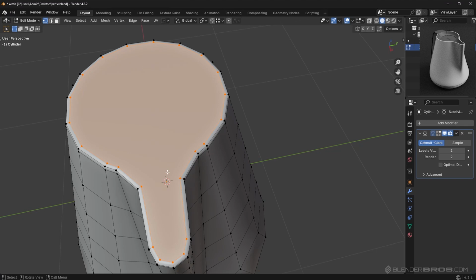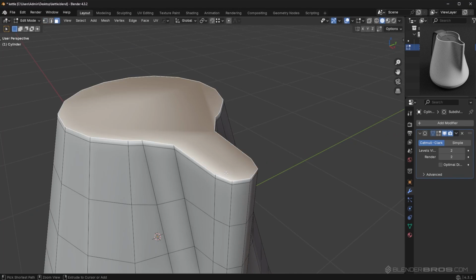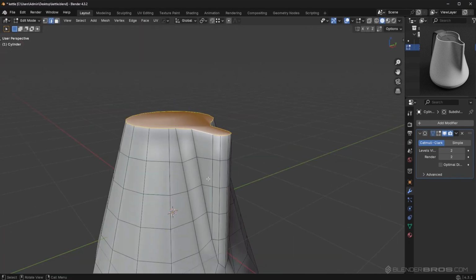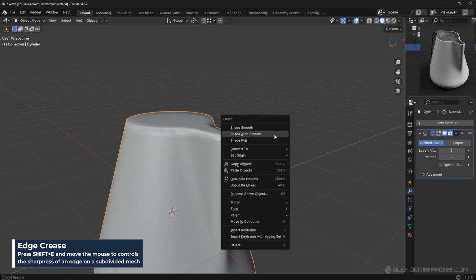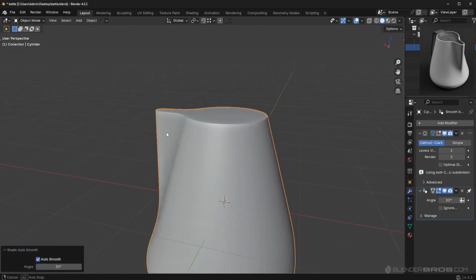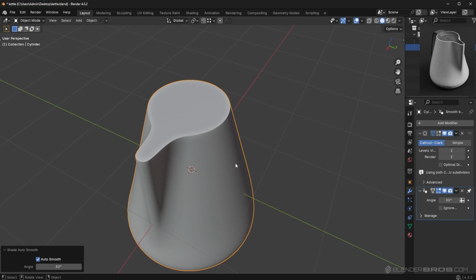I think the best approach here is to start using some Booleans for this area. As a matter of fact, instead of using the loops for right now, I could actually crease this with Shift E because we're going to be using quite a bit of shade auto smooth for this particular shape. This is a product render. This is a hard surface modeling project. This workflow is slightly different than a perfect subdivision surface